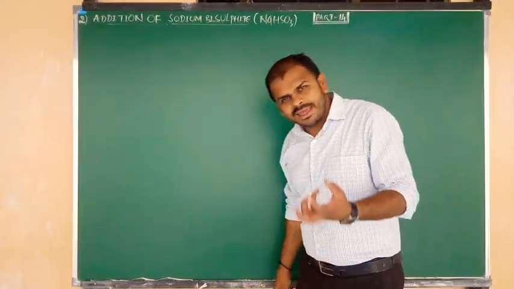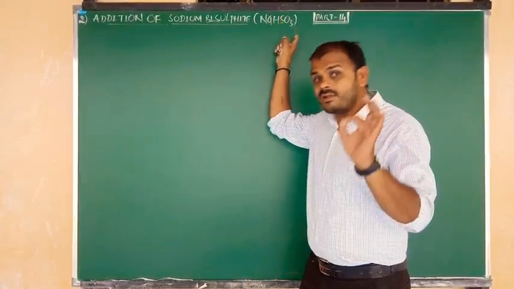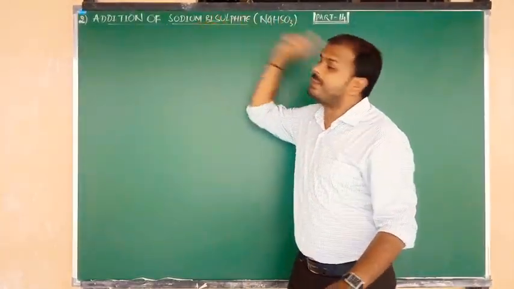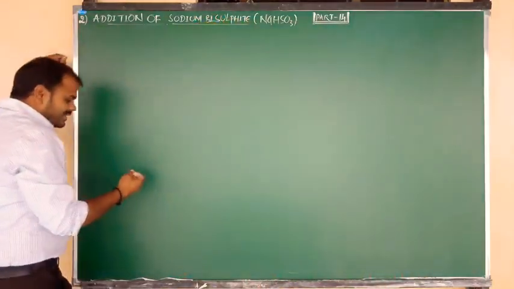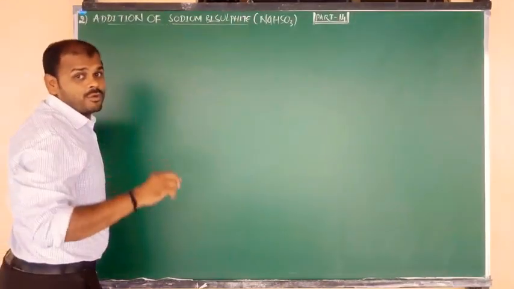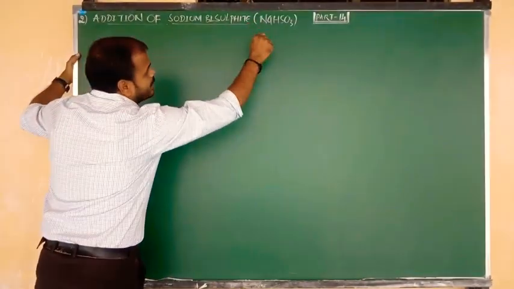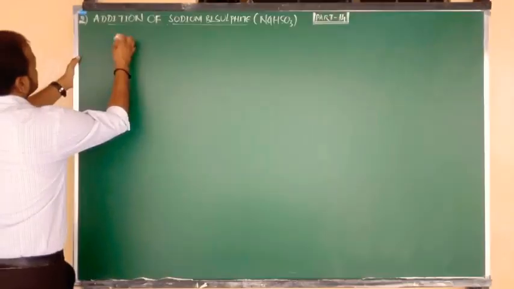What is meant by NaHSO3? Sodium hydrogen sulfite, and also we can say sodium bisulfite. So for this reaction, first of all I am going to give you the statement. How do aldehydes and ketones undergo addition with sodium hydrogen sulfite? The statement is